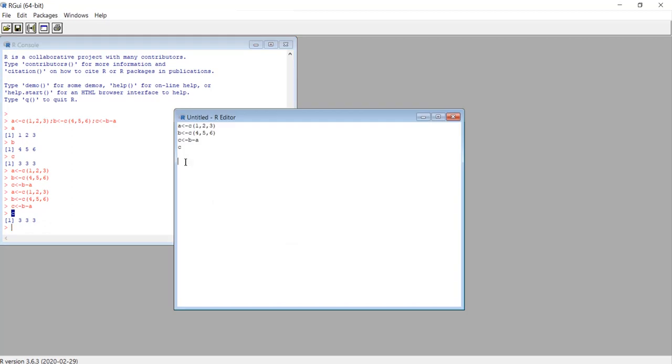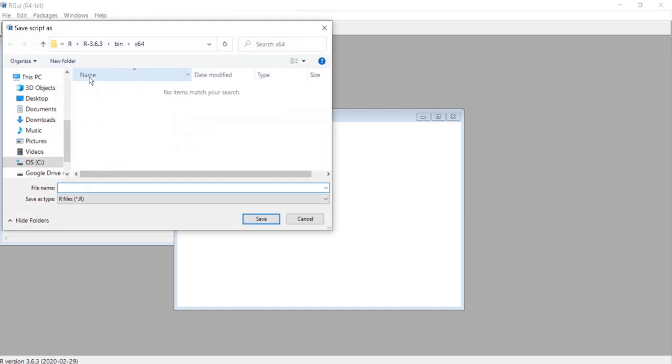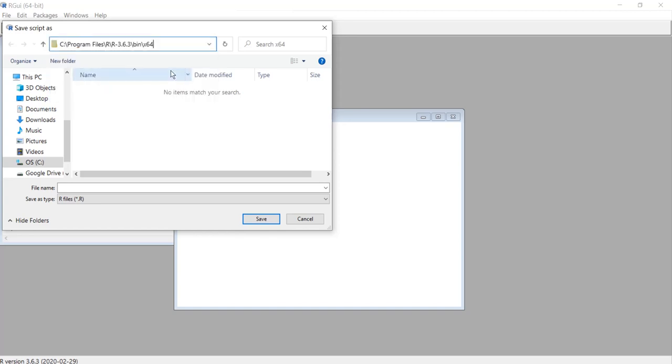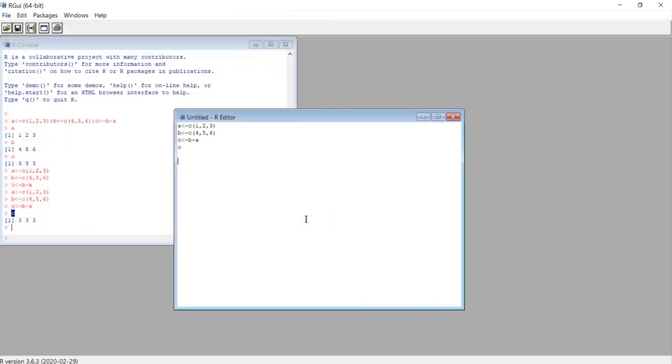Okay. So I could then save this file, save as, an R script. Now, this puts me way down here. Oh, that didn't go the way I wanted to. But this directory is way down. You can see it, C, program files, R something, bin, x64. So that is what we call the working directory. It's by default where this version of R is unless we tell it otherwise. Okay. And so if I wanted to open a file and it's not in that directory, I have to specify